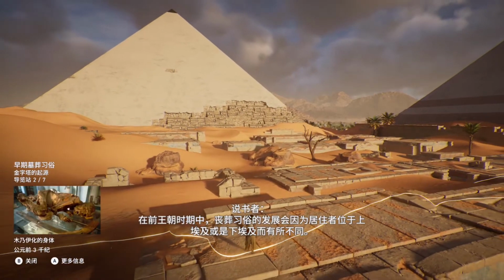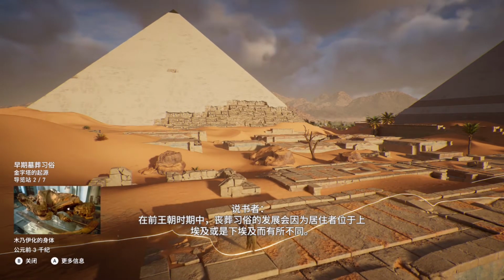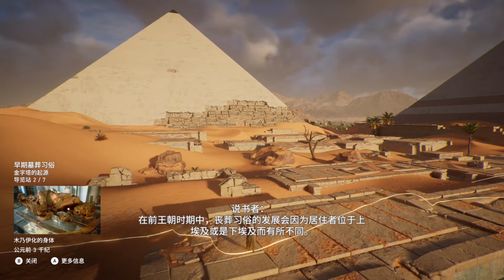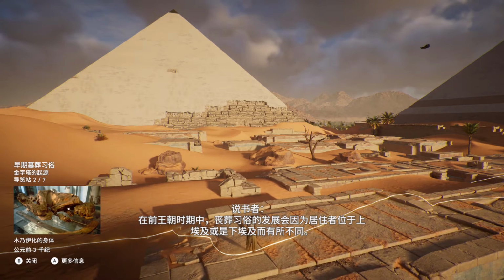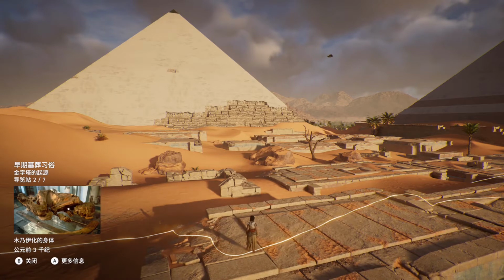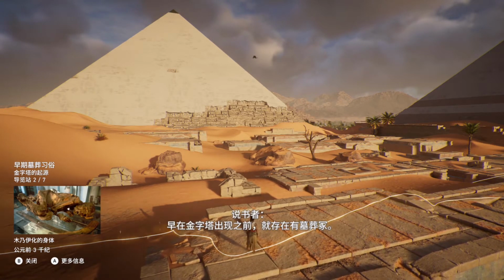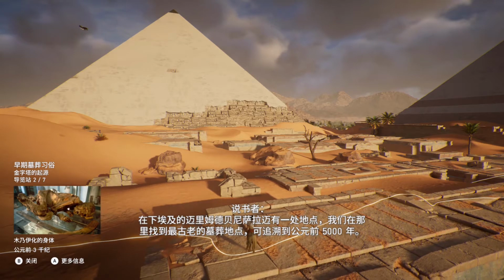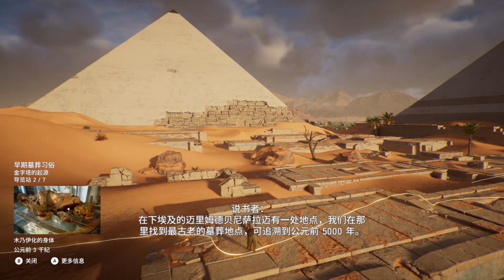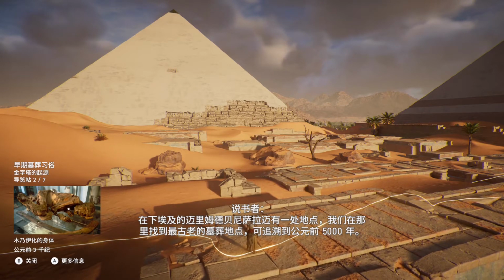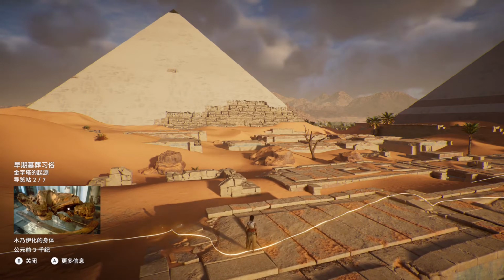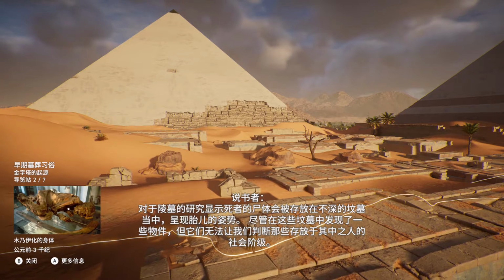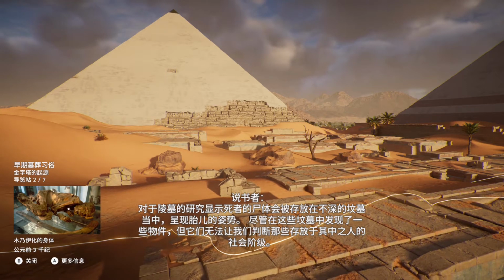During the pre-dynastic period, the development of funerary practices was different, depending on whether one was located in Lower Egypt or Upper Egypt. Well before the pyramid, there were burial pits. It is on the site of Merimde Beni Salome in Lower Egypt that we find the oldest funerary site, dating back to 5000 BCE. Study of the tombs revealed that the bodies of the deceased were deposited in a shallow grave, in a fetal position.